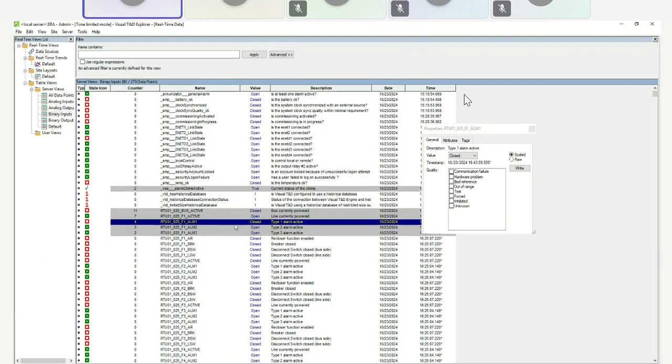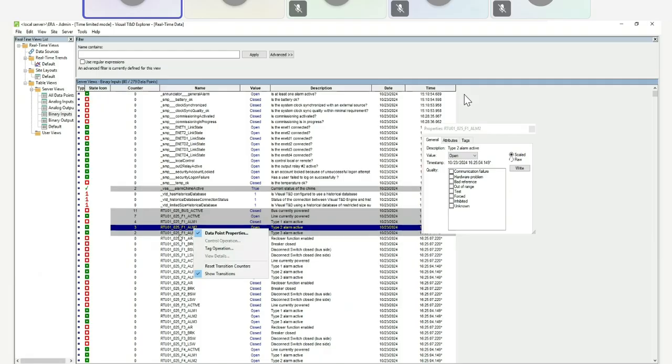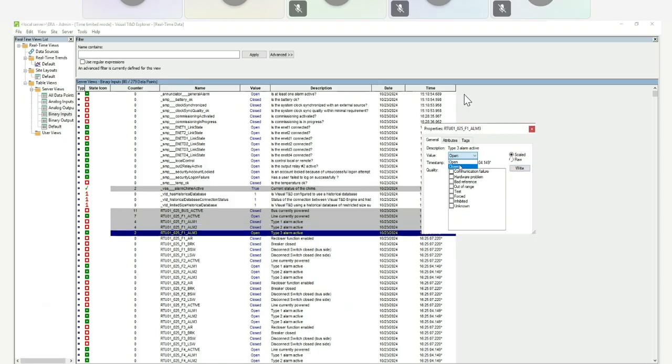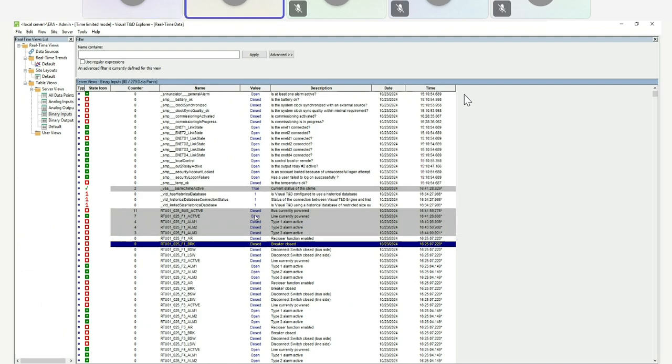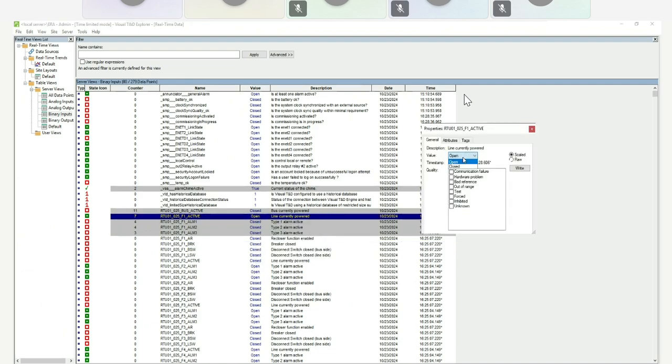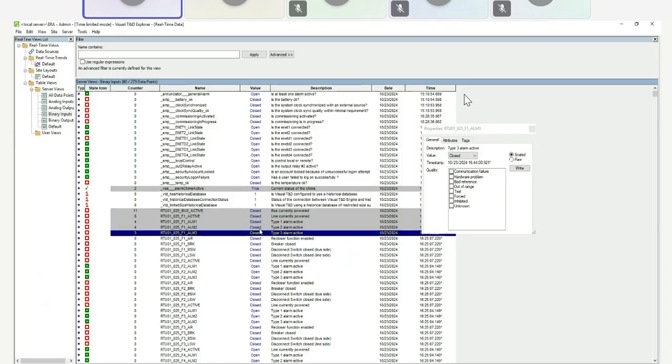So wait, I will also change this one. Then we will categorize some black alarm and permanent alarm, just to identify the difference of those two. So point bus F1 active, F1 alarm 1, alarm 2, alarm 3. I configured that as triggered alarm at state 1. So currently they were tagged as an alarm based on my configuration here.